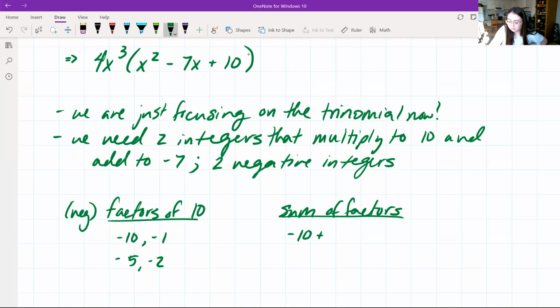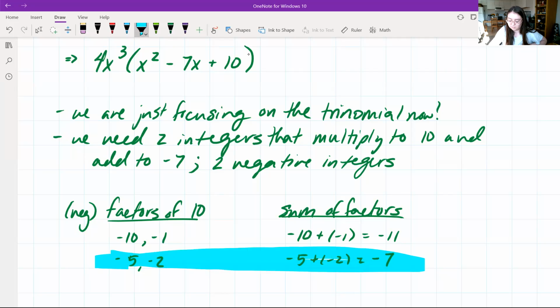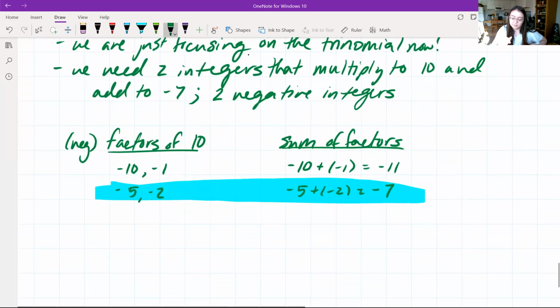So negative 10 plus negative 1 is going to give us negative 11. Negative 5 plus negative 2 is going to be negative 7, which is what we are looking for. So our pair of integers are going to be negative 5 and negative 2,